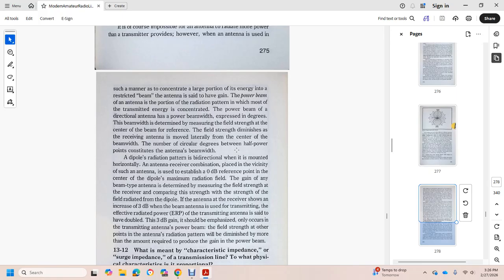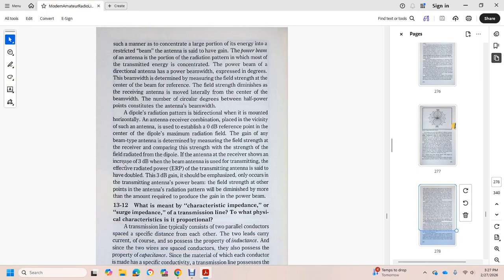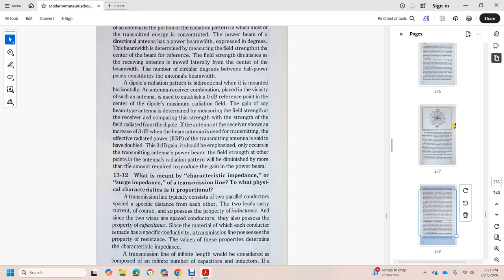the 3 decibel beam antenna used to transmit with the effective radiated power. The transmitting antenna side has double the 3 decibel gain shift of the input side, only equivalent to the transmitting antenna power beam field strength at any point over the radiation pattern, diminishing with the amount required to produce the gain and power beam, which is the main characteristic